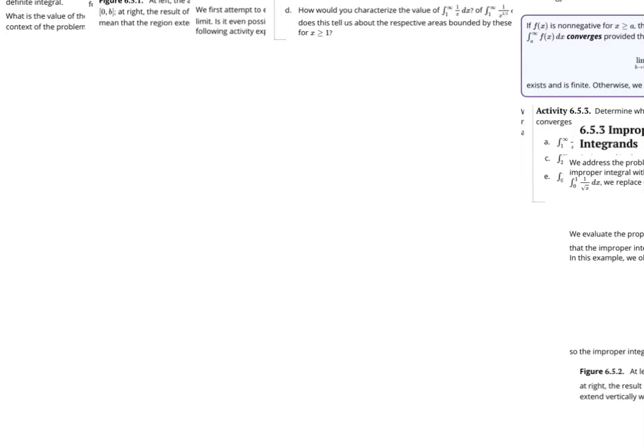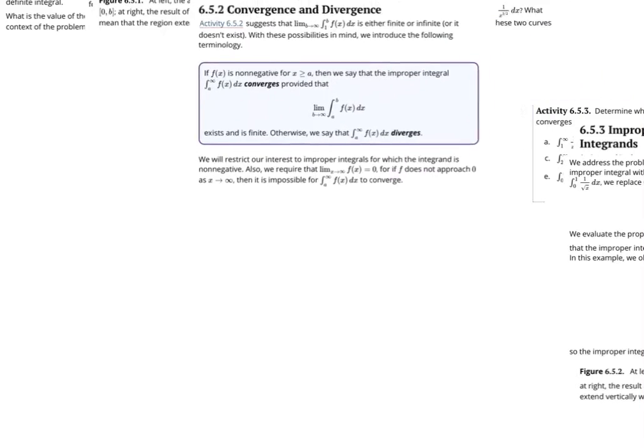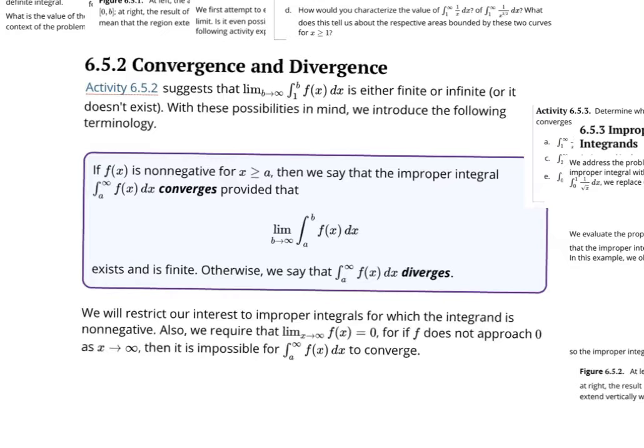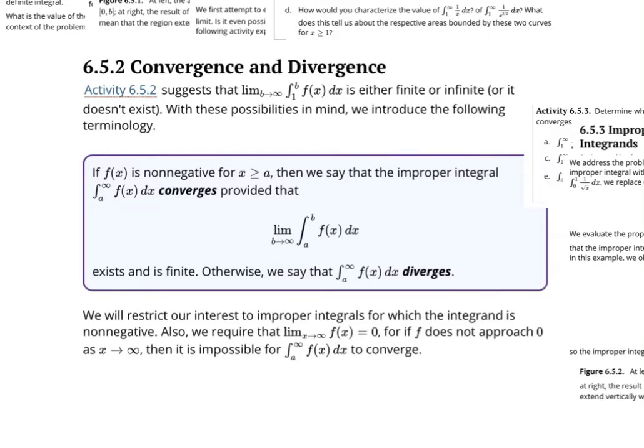The results you would have gotten in the last activity are going to be characterized in one of two ways. Sometimes the limit of this integral will be finite, sometimes it'll be infinite, and sometimes something weird happens and you can't even determine what the limit is. Considering these different possibilities, we're going to use the word converges if the limit of that integral exists and is finite. If the limit is infinite, or we just can't find it because it doesn't exist,